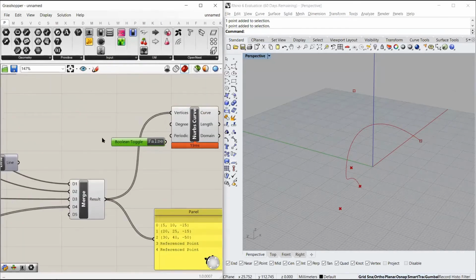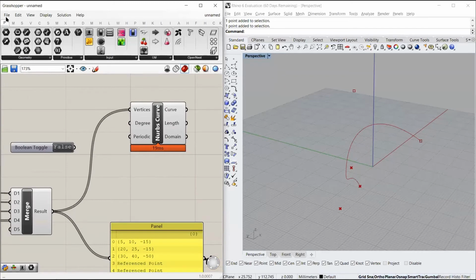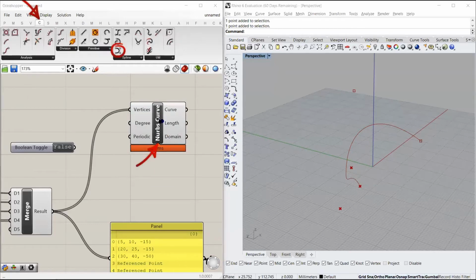Okay, so if anyone wants to find where the specific component is, suppose I want to find in which component tab my NURBS curve is, I can just press Control and Alt together, and I can select this. What this does is it guides you through the Grasshopper interface by arrows.